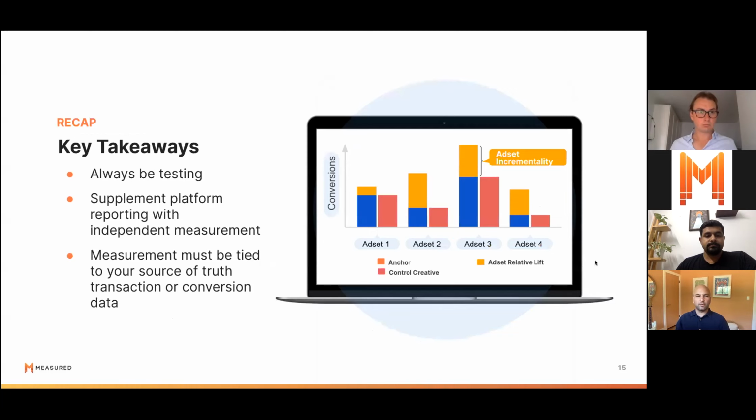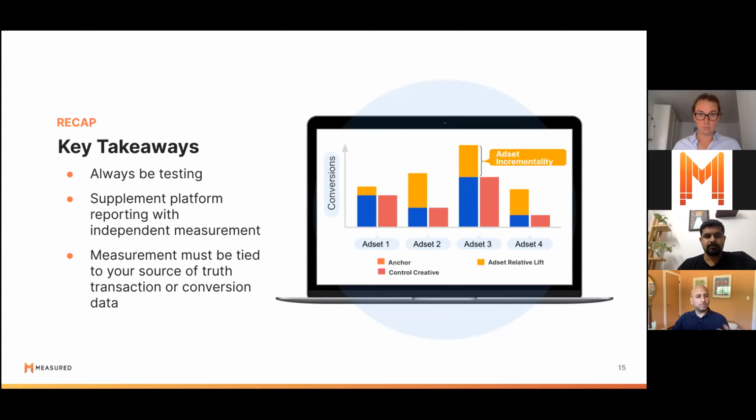Few key takeaways before we jump into the demo. Always be testing. This is something that we live and breathe every day, and we do see the results here. These are continuous efforts that we find brands are able to really leapfrog learnings when they continue to experiment, and even continue to experiment on the things they've experimented on previously. One of the examples you'll see in a minute really talks about how deeper experimentation, as you go deeper and deeper, can really uncover some unique granular insights and huge opportunities for optimization.